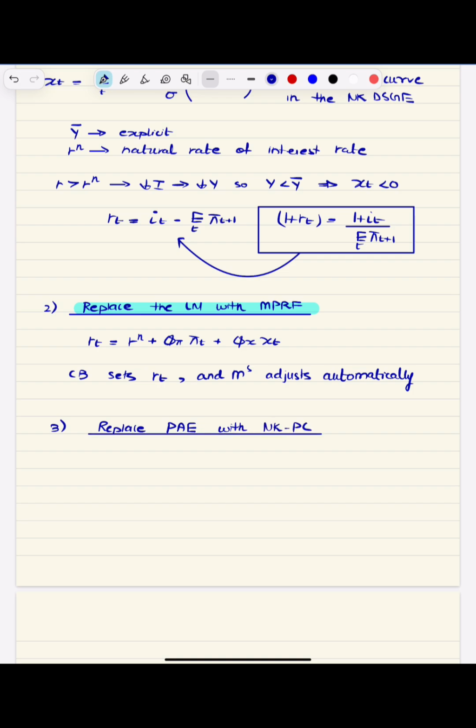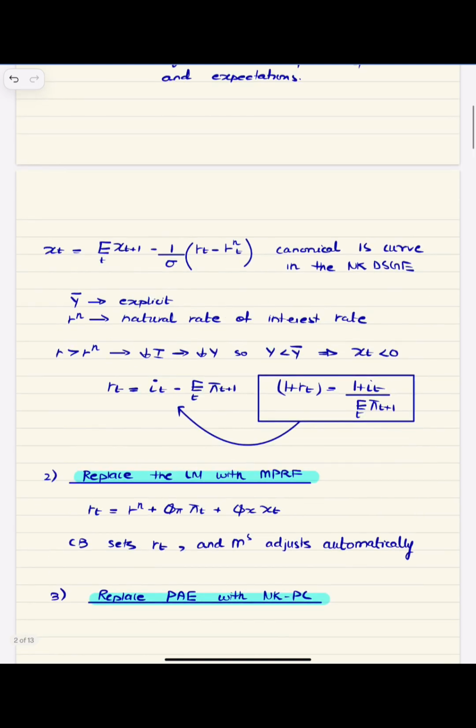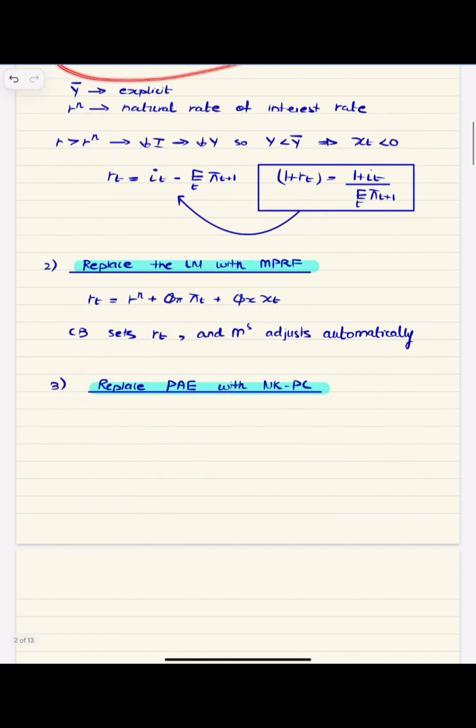And obviously, the derivation is supposed to be done separately, so there's going to be a whole other lecture on how the IS curve gets derived. And we don't need a lecture about the Taylor rule, because we don't need a derivation, it's just a rule, but we will need to derive the Phillips curve as well. And with these 3 equations, we do then end up with a 3-equation New Keynesian DSGE model, in which